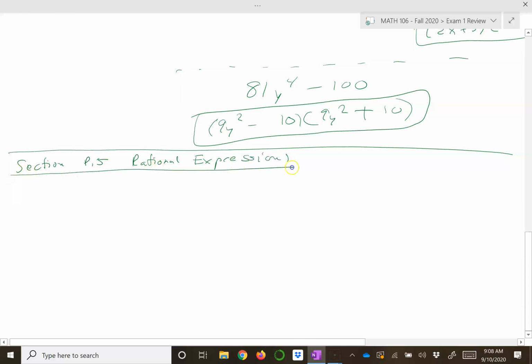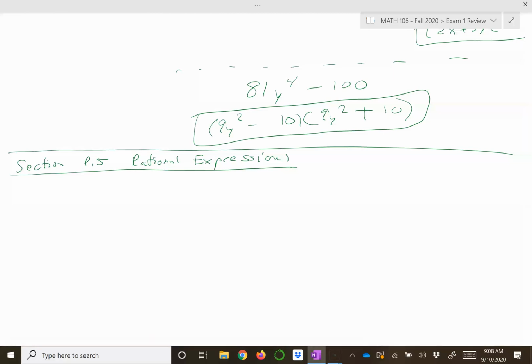All right, rational expressions. All I mean by rational expression is it's a fraction, and instead of just having numbers, there are polynomials in the place. That's it. Okay, so the first type of problem, which was actually the last problem on quiz 2,